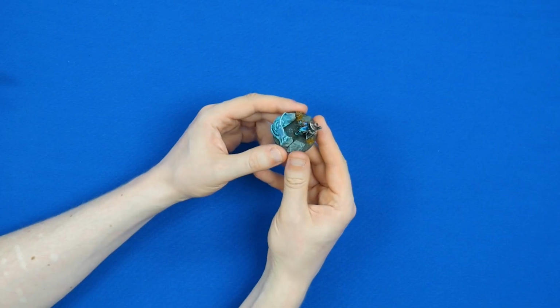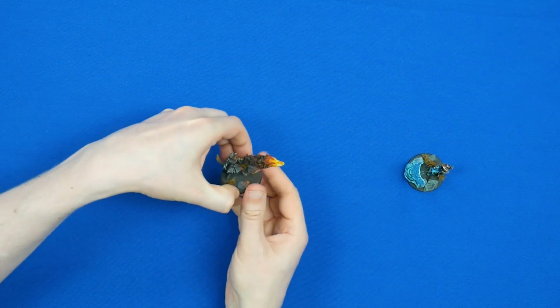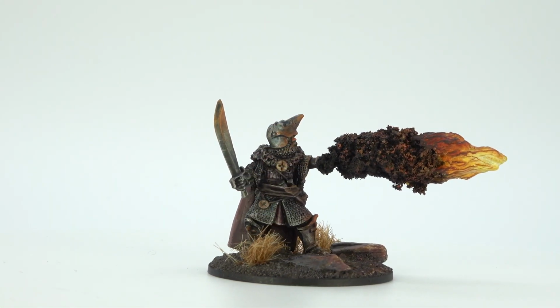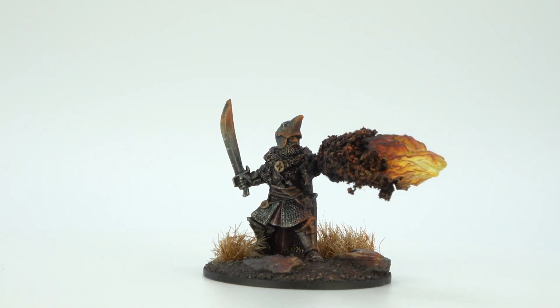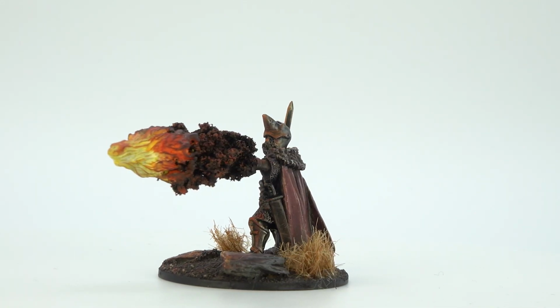No, not at all. And then from this guy, we move to this mean and moody fella. When the two miniatures are together, they contrast quite nicely, with the warm and the cold. And this chap was a really intriguing miniature to work with. So